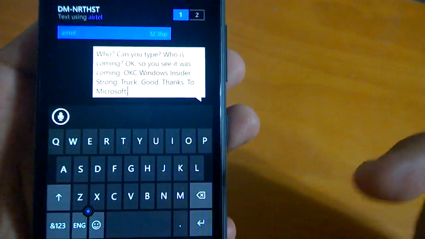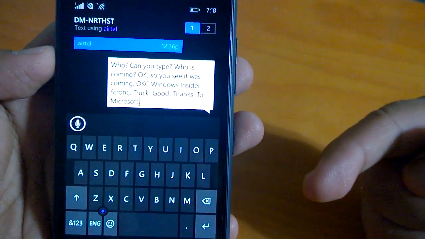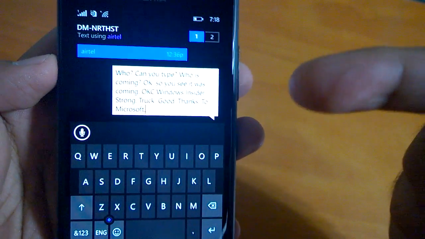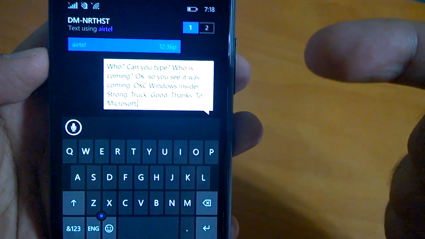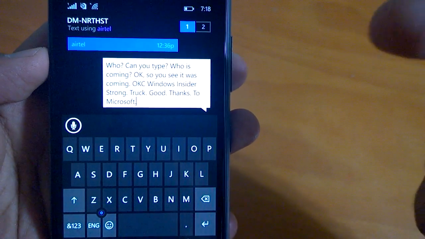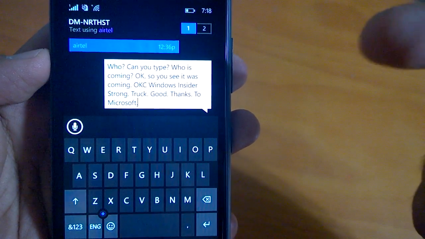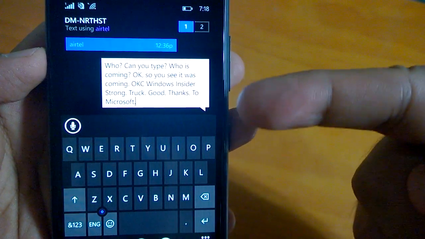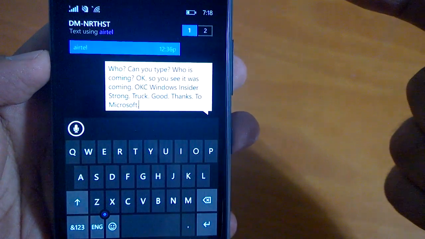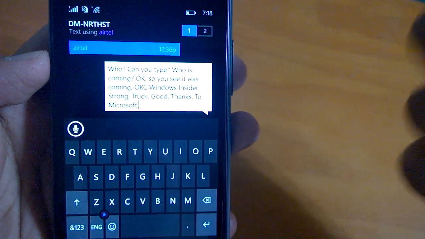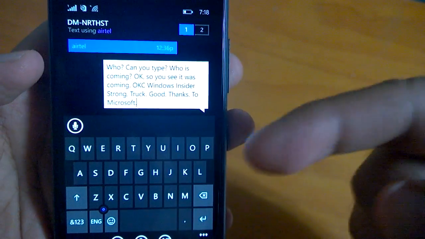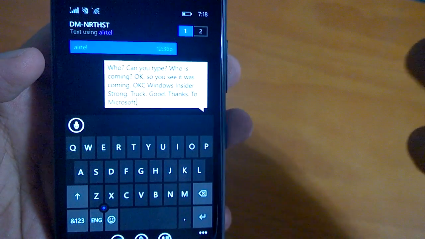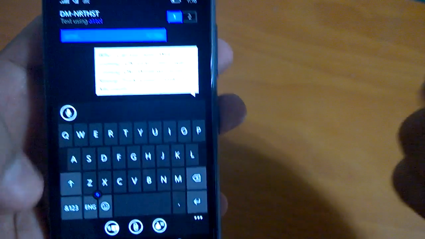So as you can see, the text to speech really works well. Not only does it type, it also puts punctuation marks, and that is really a good feature. I think Joe Belfiore from Microsoft has already demoed it, and we have found that it really works very fast. It types as you speak, and it also puts punctuation marks, so it's cool. So these are the keyboard improvements that you can see in the first preview build.